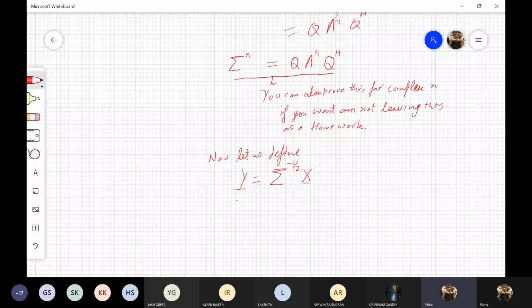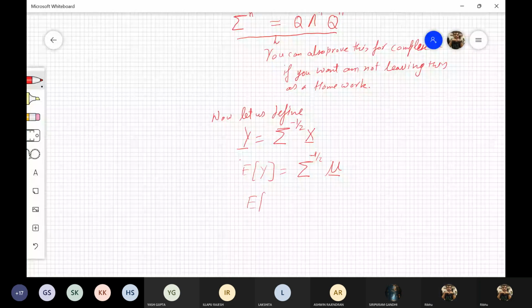This is obvious, but the interesting part is the covariance of y. So expectation of (y minus mu y)(y minus mu y) Hermitian equals